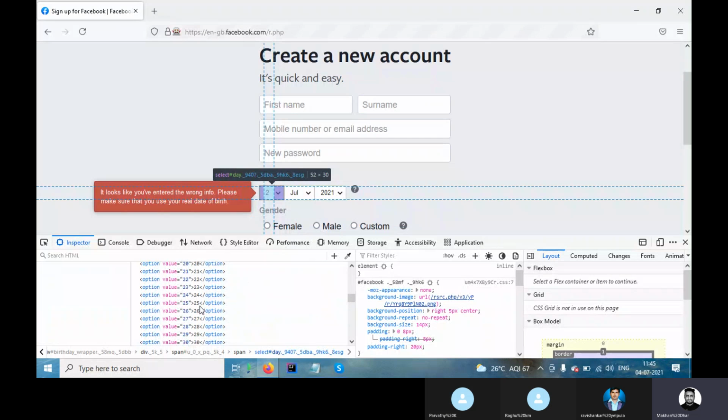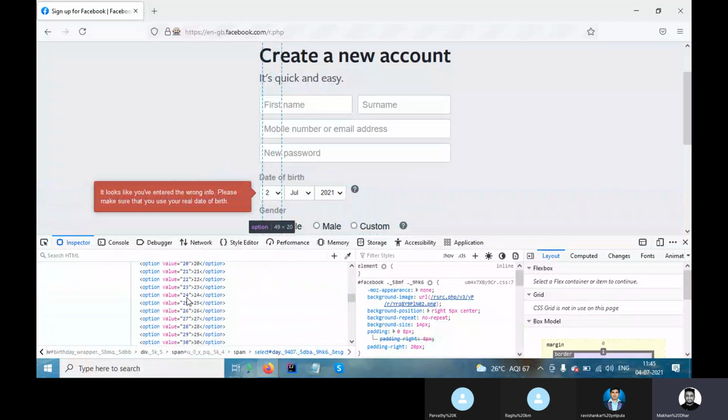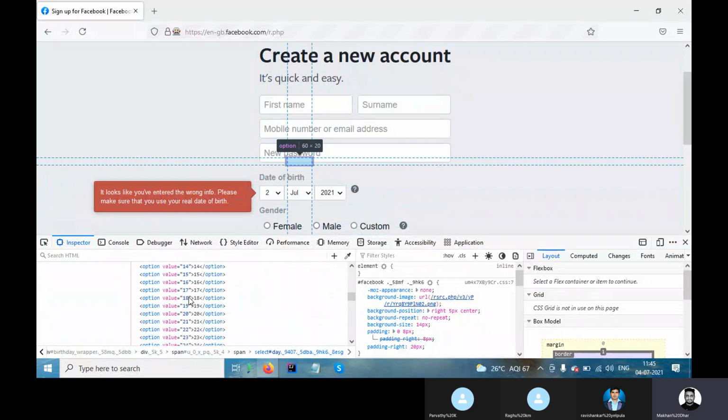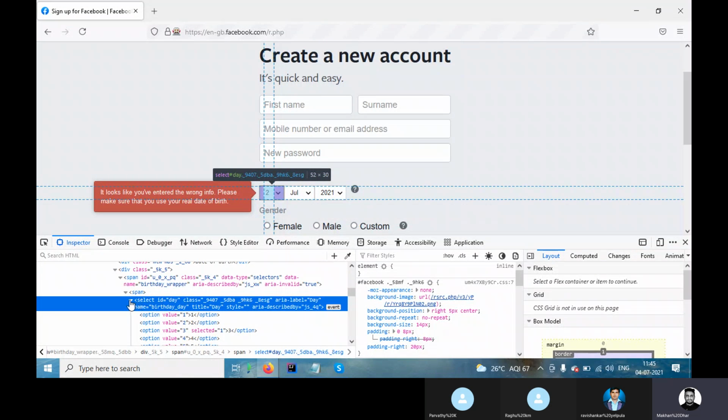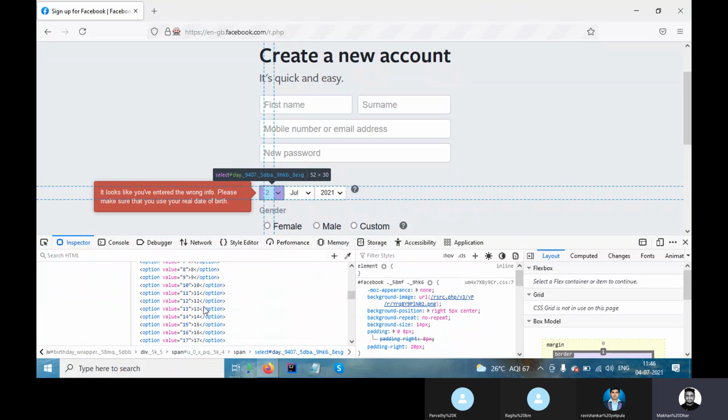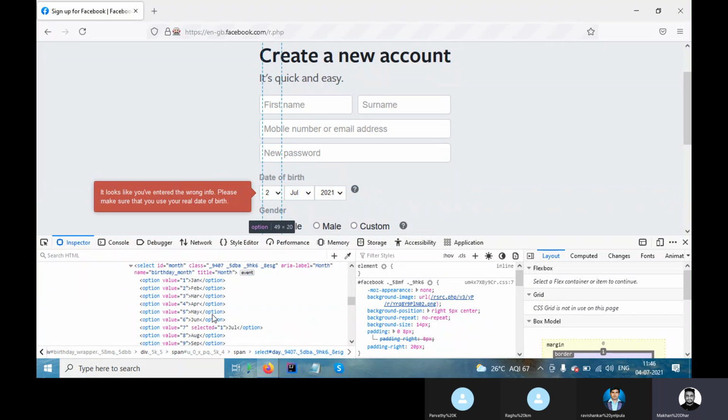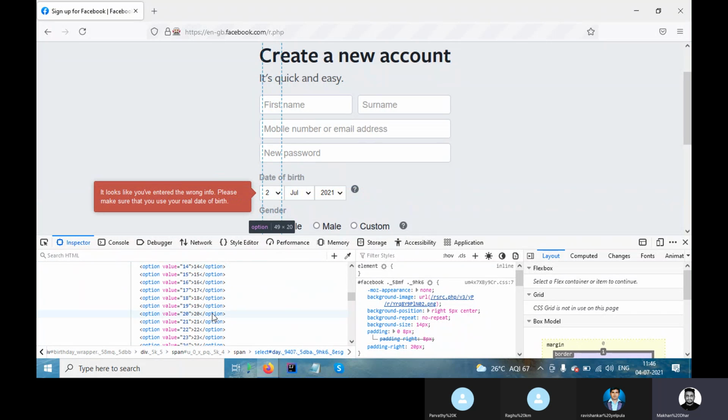So this is the example. Open any website and see the drop down, whether you are getting the values or not. Some applications hide all these values in the HTML page, and if they hide the values, obviously you can't use them. Sometimes it doesn't work.